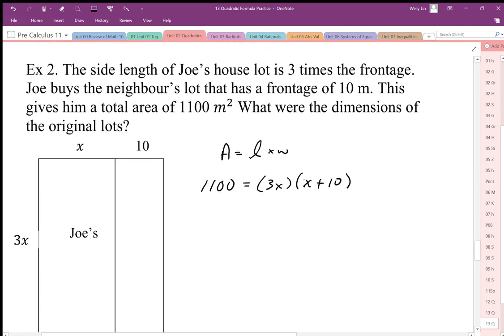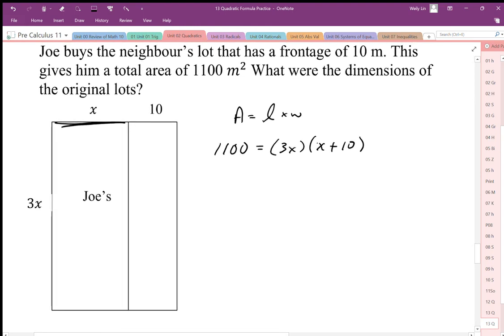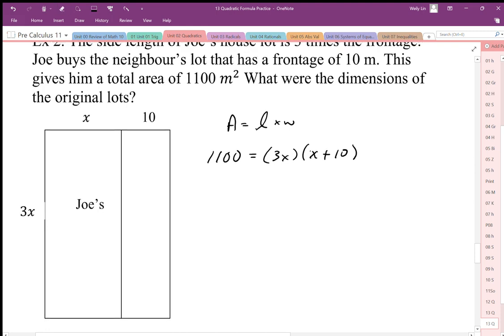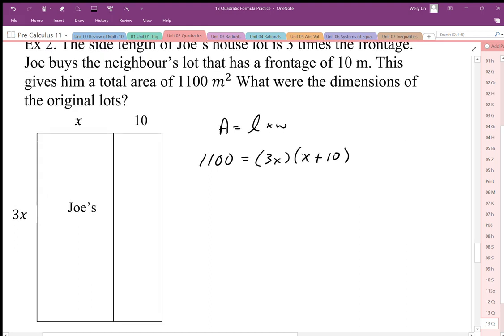So the next problem involves, again, another area problem. It says the side length of Joe's house lot is 3 times the frontage. So here's the front here, and the side length is 3x. So we're going to let x be the frontage and 3x be the depth of the lot. So he buys his neighbor's lot, and so his neighbor's lot is going to be